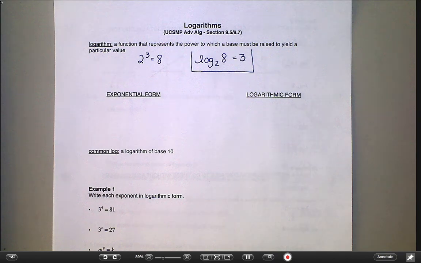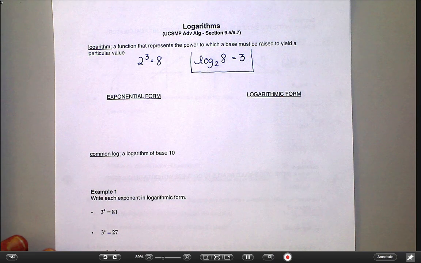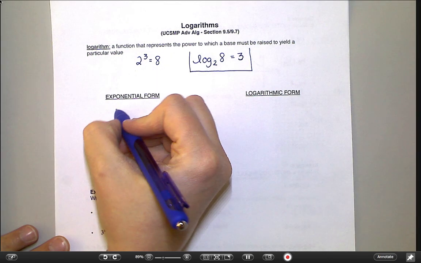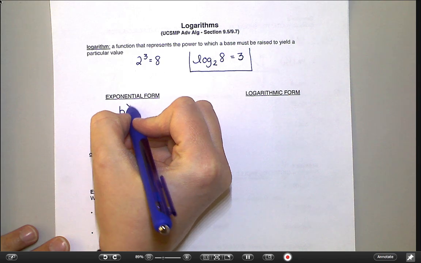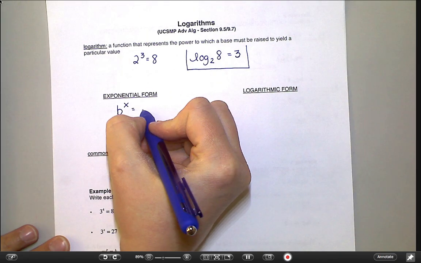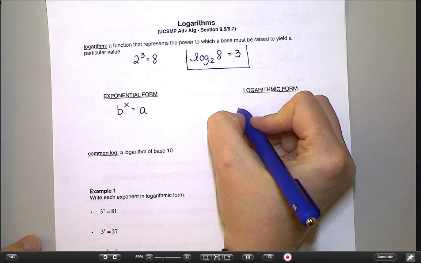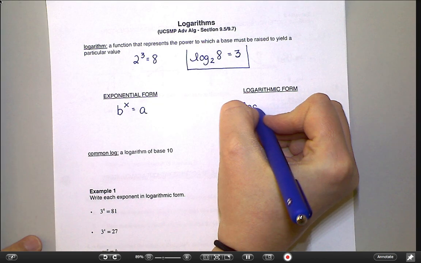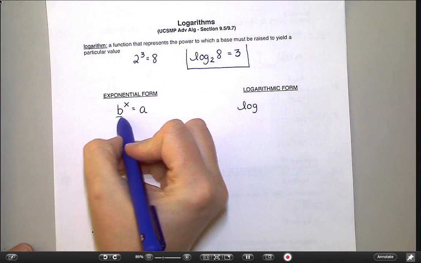Okay, so let's just generalize that a little bit. When we write things as exponents, we write them something along the lines of b to the power of x equals something. I don't know, a, let's say. b to the power of x equals a. To write that in log form, you're going to use the abbreviation log, and you'll hear me refer to these as logs most often. Base b